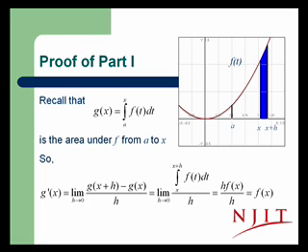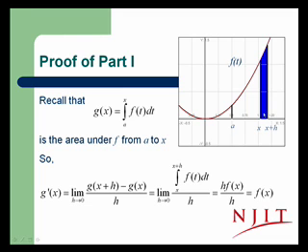Let's prove the first part of the fundamental theorem. Recall that we defined the integral from a to x of f of t dt to be the area from a to x under the curve of f of t. Therefore, the derivative g prime of x is the limit as h goes to 0 of g of x plus h minus g of x over h, which is the area from a to x plus h minus the area from a to x. So therefore, the numerator simply becomes the area under the curve f of t from x